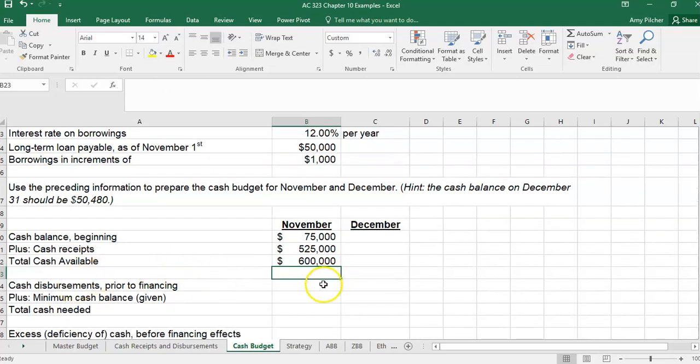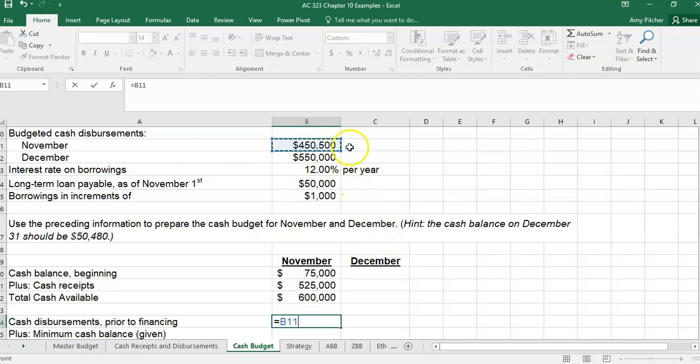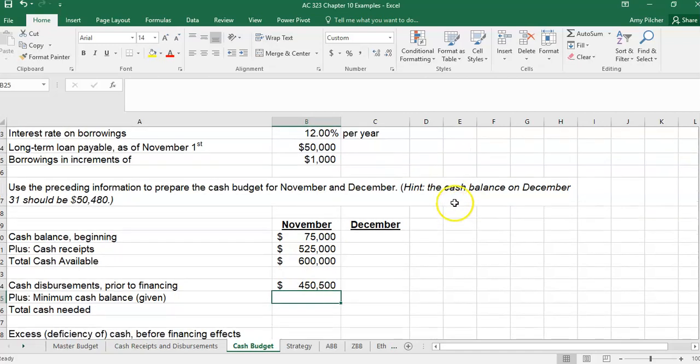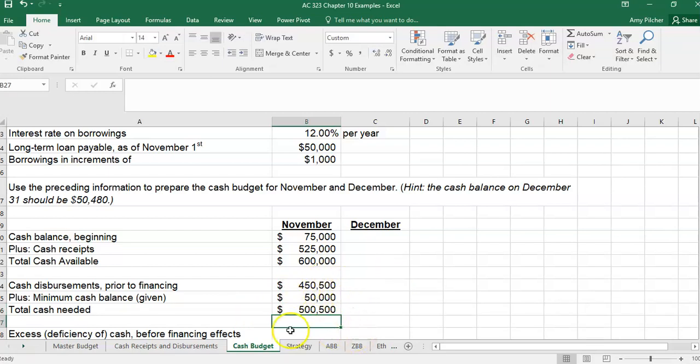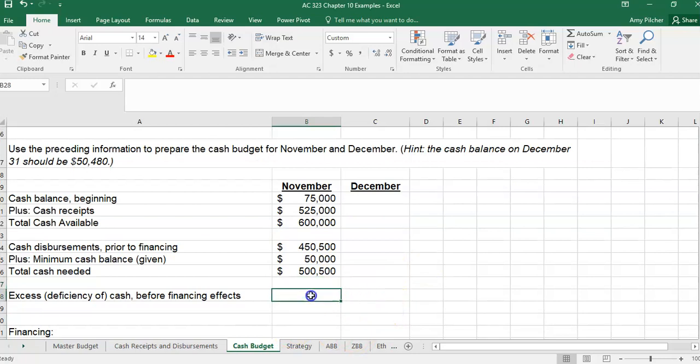Our total cash disbursements prior to financing are for our expenses here in November, $450,500. We know that our minimum cash balance needs to be $50,000. So our total cash needed for the month is $500,500. Our excess deficiency of cash before financing effects, so our cash available minus our total cash out, is